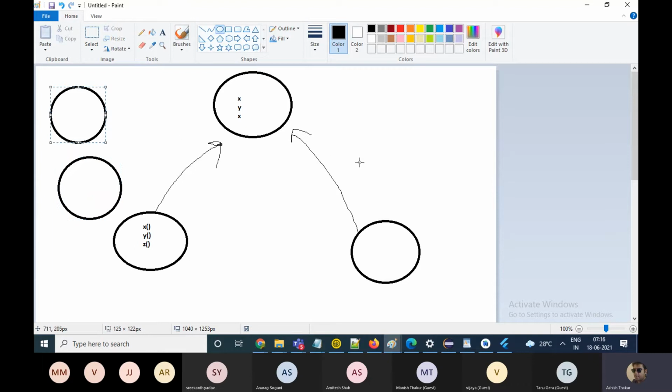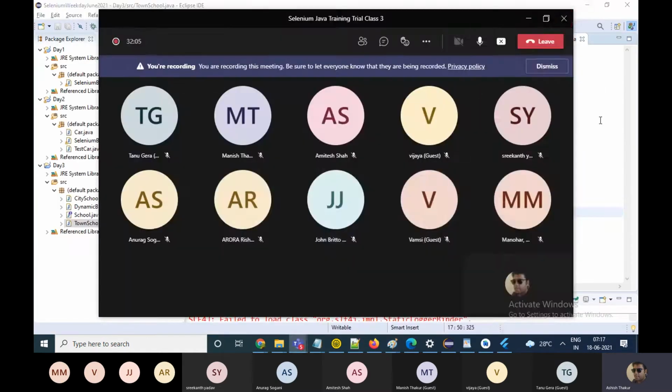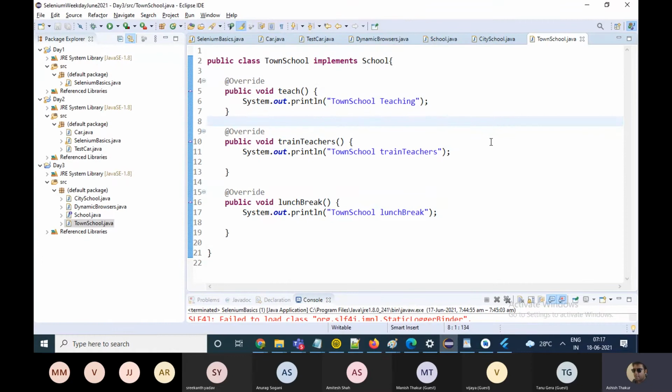If more implementing classes come tomorrow and they implement the interface, then we will know what kind of functions will be there in these classes. So this is what interfaces help us with. They give a structure to the whole application.